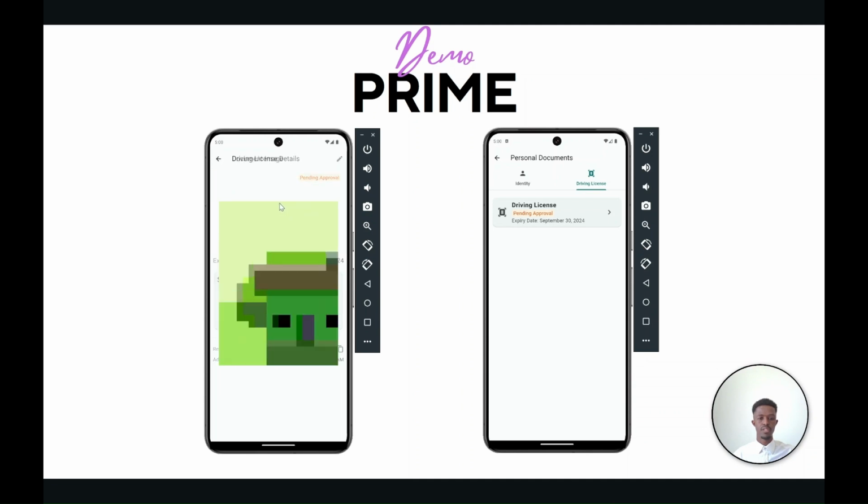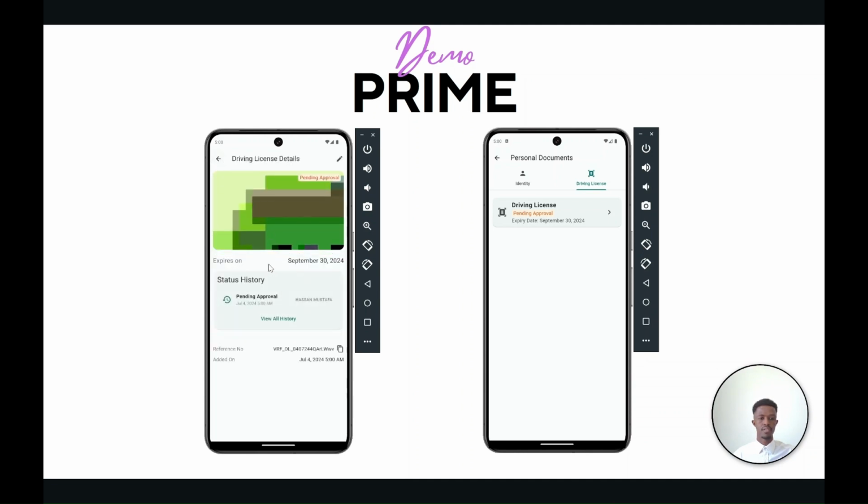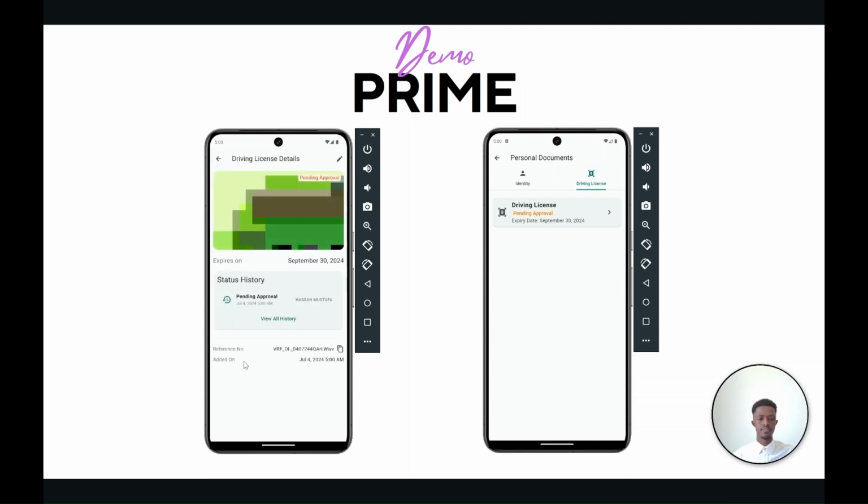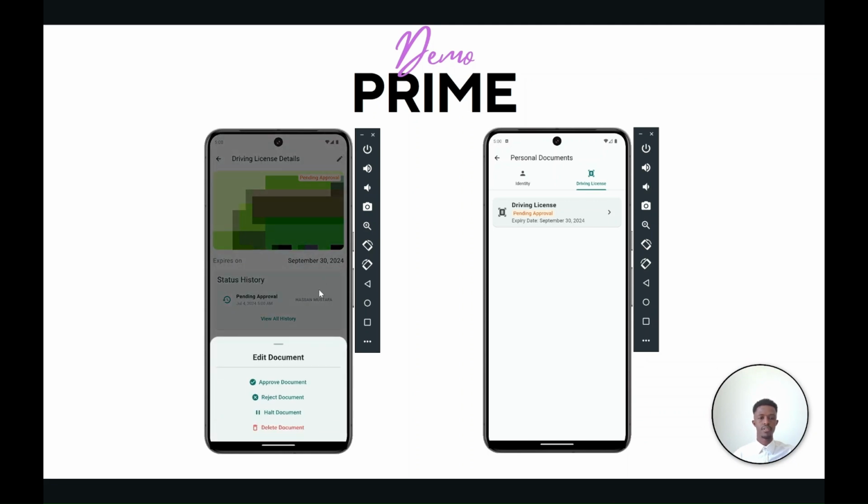You will be able to see all of the details, like the image itself. He will examine the expiry date for it. He will examine the image itself. He will see if there are any changes in the status history if needed. This is the reference and this is the date that has been added on. He can manage the document itself, so he can either approve it, reject it, halt it, or even delete it